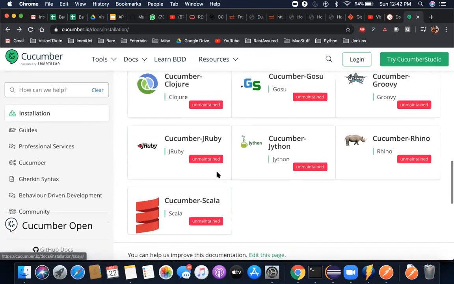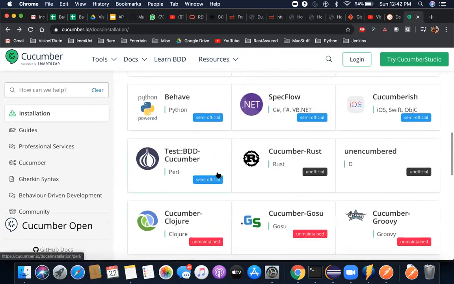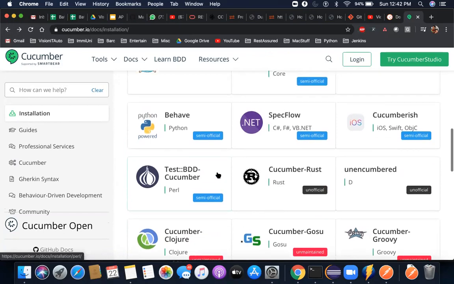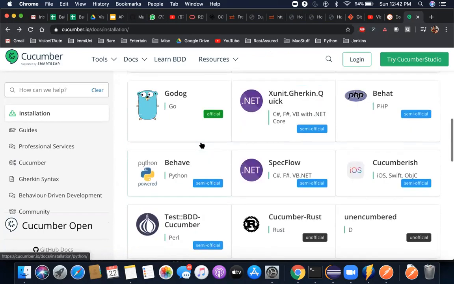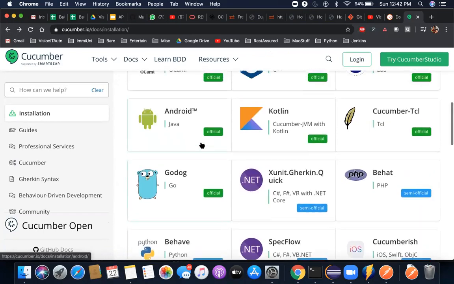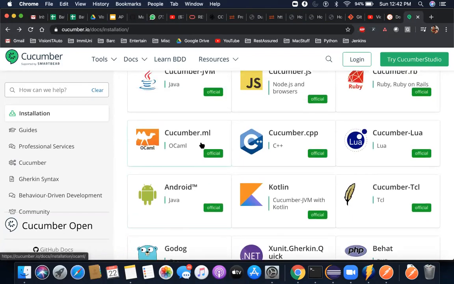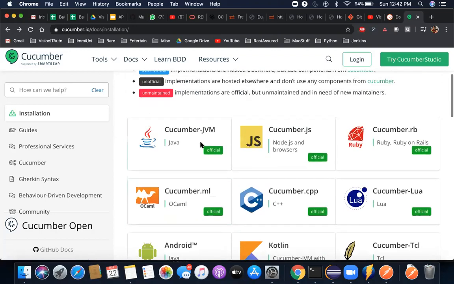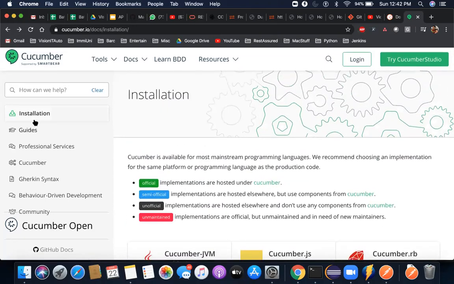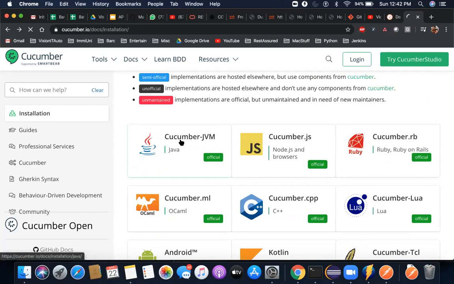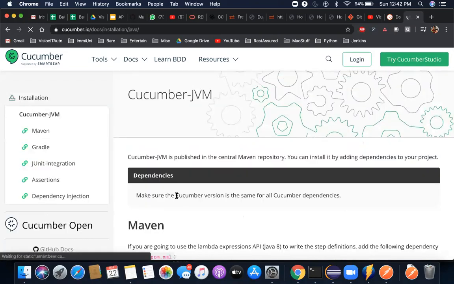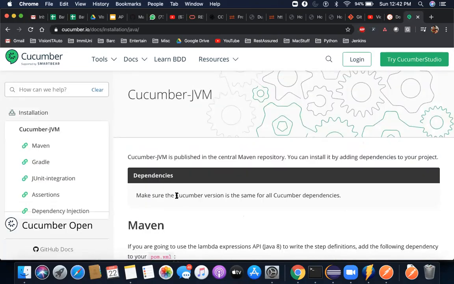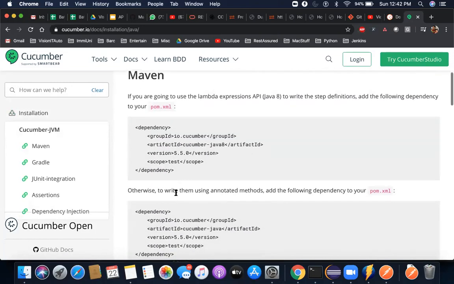Be it Ruby or Python. The original version of Cucumber was written in Ruby. Then we have Behave in Python. So you take any language and you will get an implementation of Cucumber. Now if I click this, the Java version of Cucumber is called Cucumber JVM. So this is the Maven